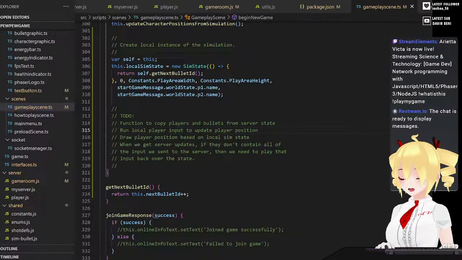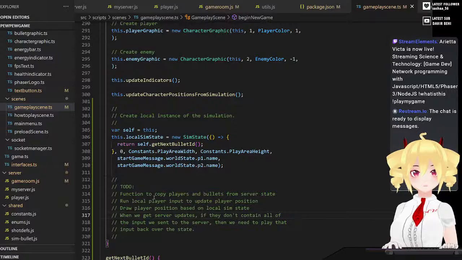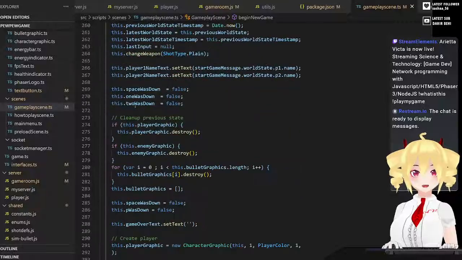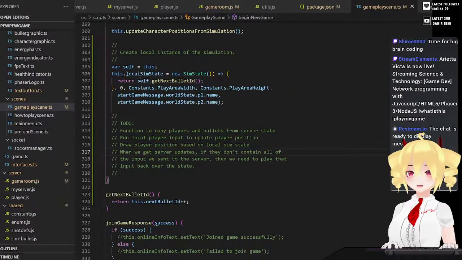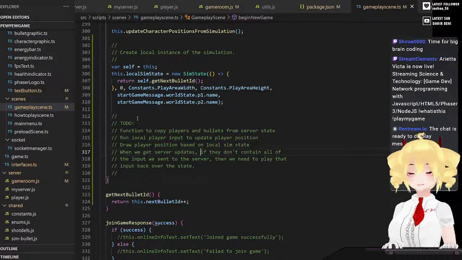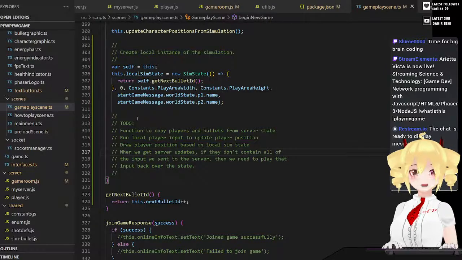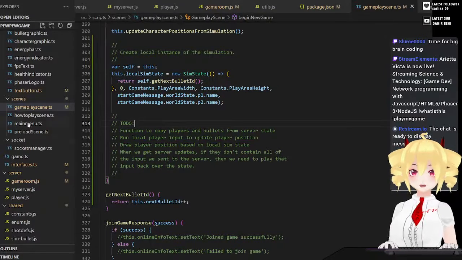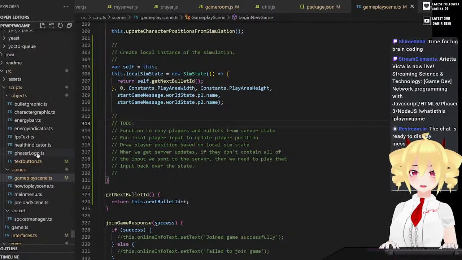The last time we were here, this is over in the gameplay scene on the client when we start up a new game. That's when we're going to create the... yes, it is definitely time for some brick-bang coding. Hopefully I can keep myself on track here today and get some stuff done. So, the last time we started putting the simulation state on the client side, and I think we still probably want to go that route,